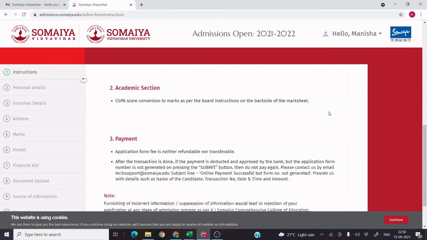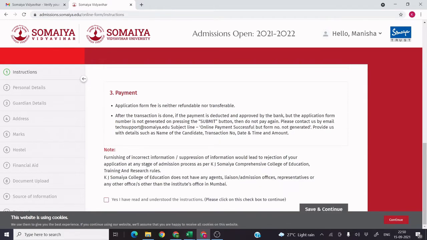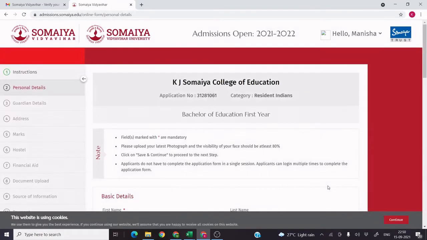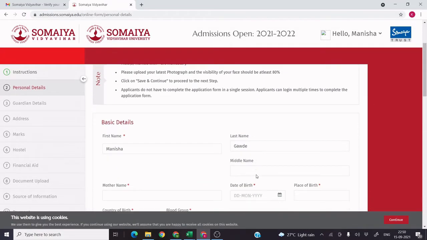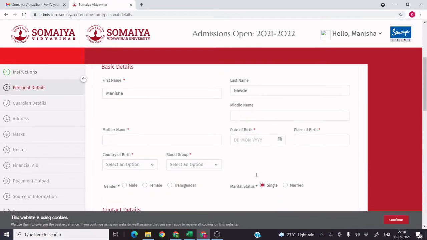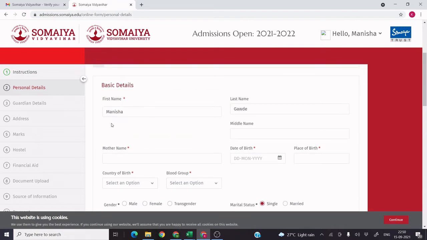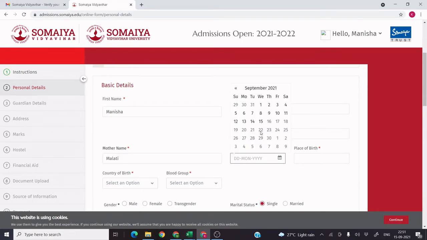Then you will get this instruction, the first step, save and continue. You have to click on yes, I have read. Then you will get the second step related to your personal detail. Write all your personal detail: your name, your last name, your middle name, your mother's name, your date of birth, your place of birth,